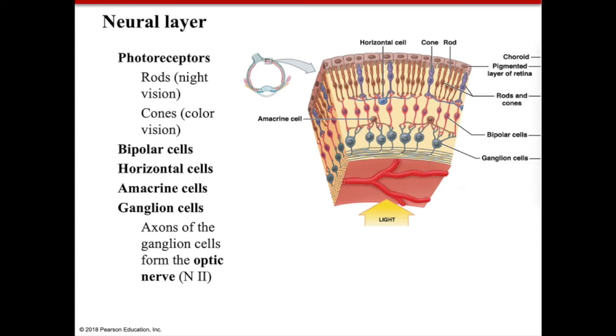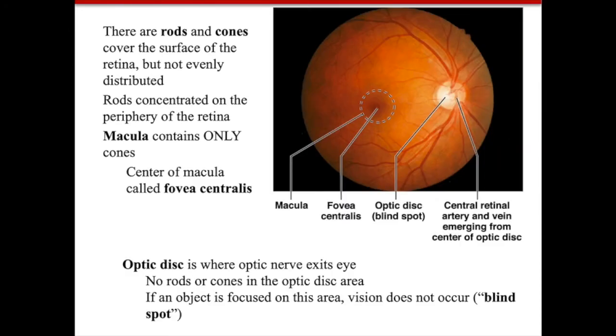I would like you to know a little bit more about the photoreceptors. First, understand that they are all over the retina, but there is an area of the retina that's called the macula. The center of the macula is called the fovea, and in this area we only have cones. So this is an area that has a very high density of cones, and it's the area that gives us the